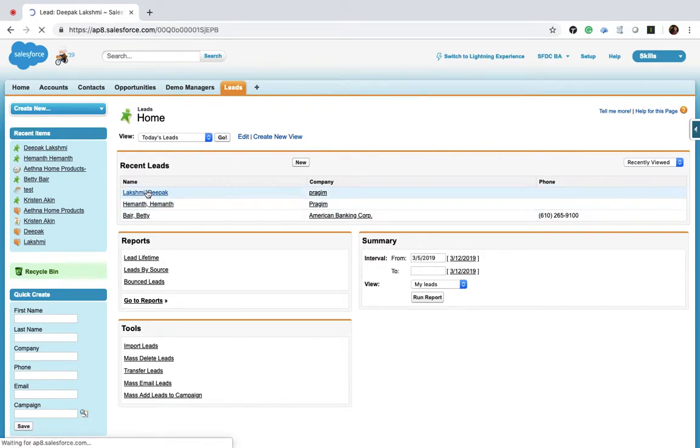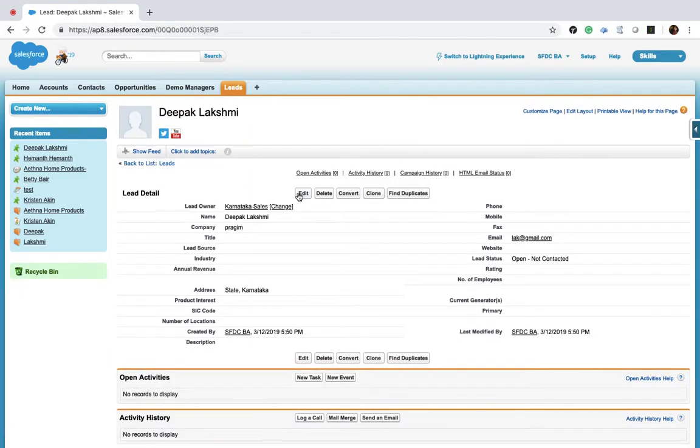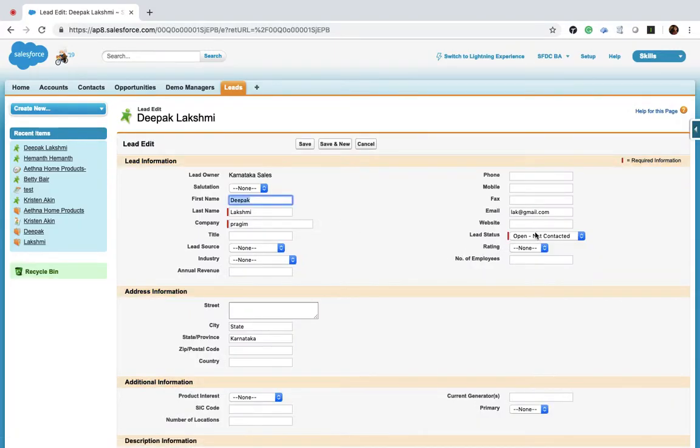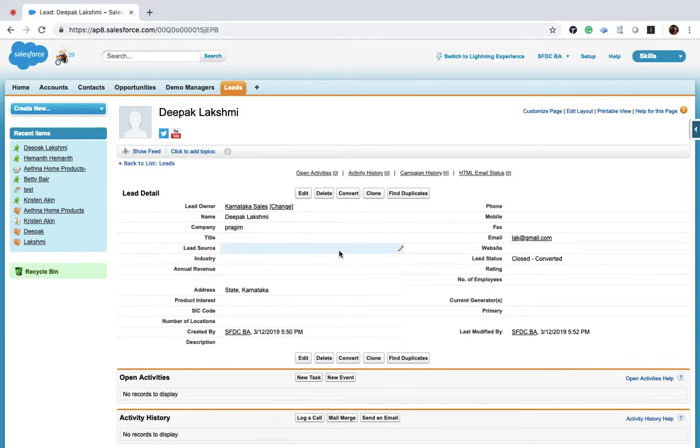Now what happened? Lakshmi Deepak is created in the system. Let's say finally I'm saying closed converted. Now I wanted to have a status in my lead saying that, hey, I accepted all the proposals whatever this company, this Salesforce company, made. I'm okay with this. So then I'm a lead currently, right? A lead is not going to generate any revenue to